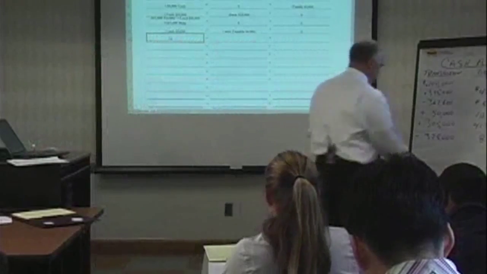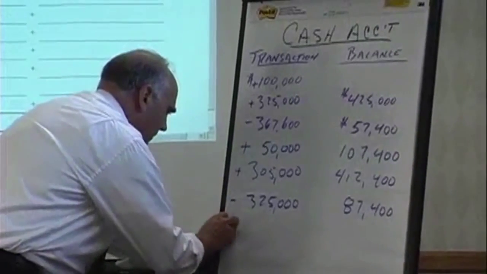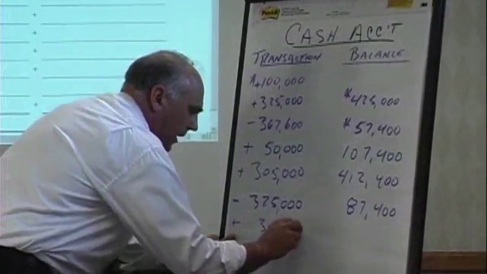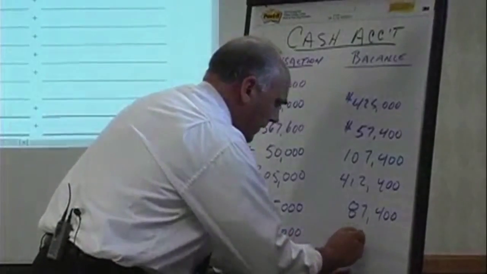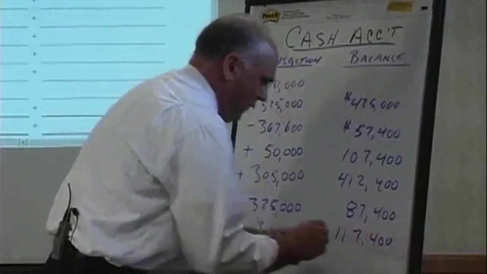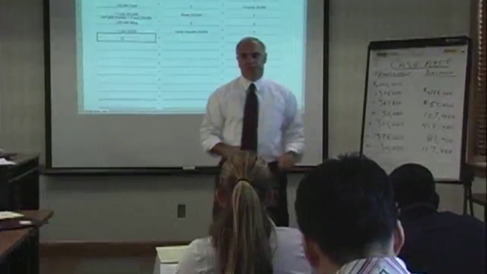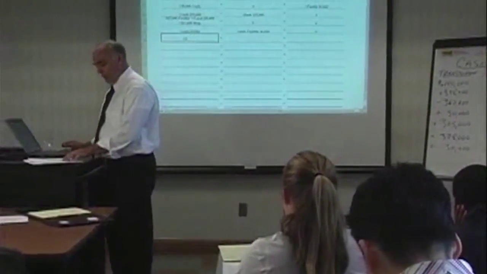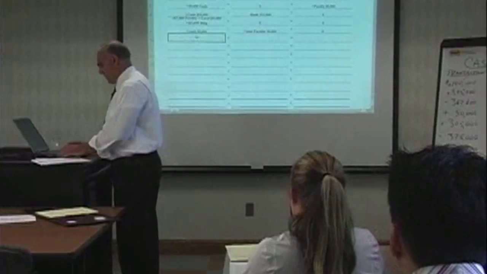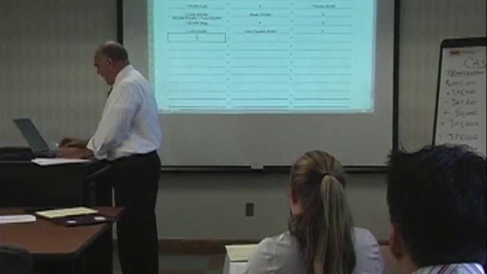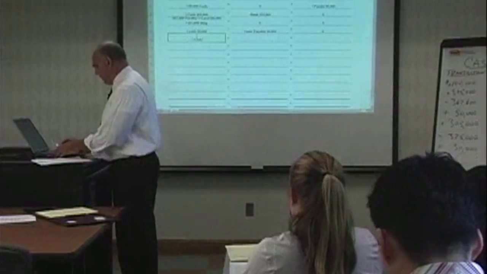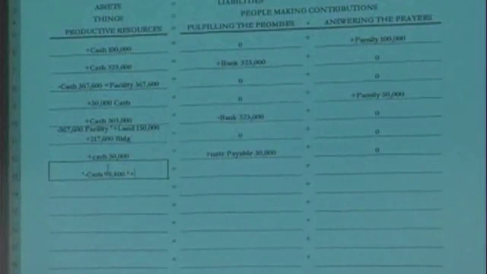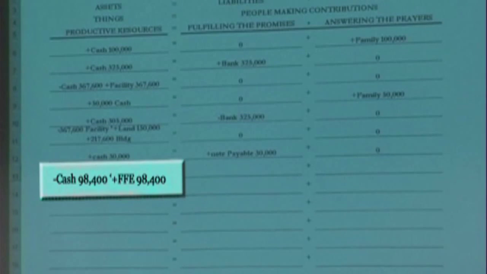Let's update the cash account. Plus $30,000, the proceeds from the note, bringing the cash balance to $117,400, leaving us with enough funds to now purchase this $98,000 worth of equipment, which will be our next entry. So cash is being decreased by $98,400, and on the same line in the same column, we are going to convert that cash into the furniture and fixtures, which I'll abbreviate FF&E, in the same dollar amount,